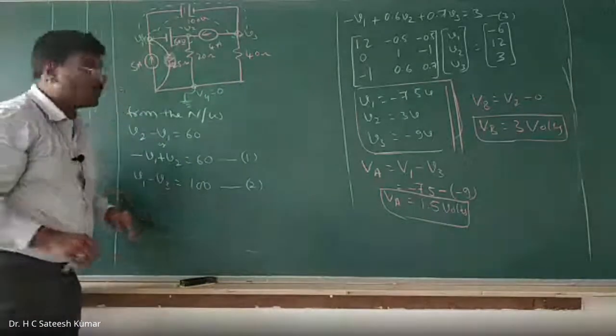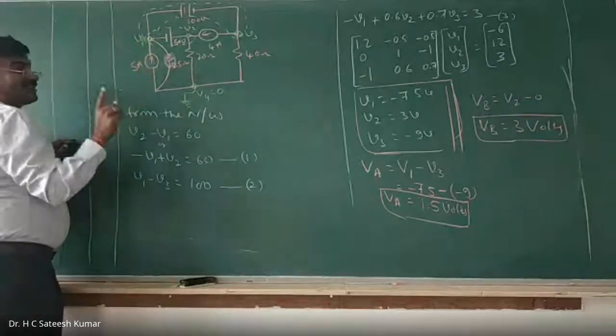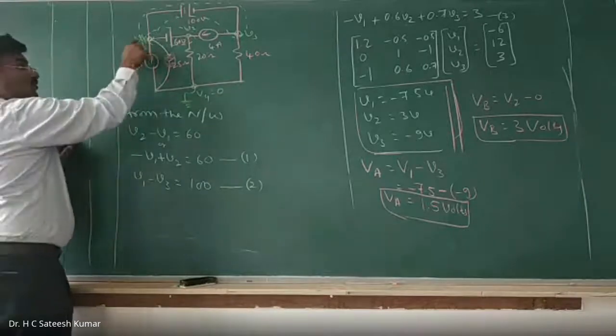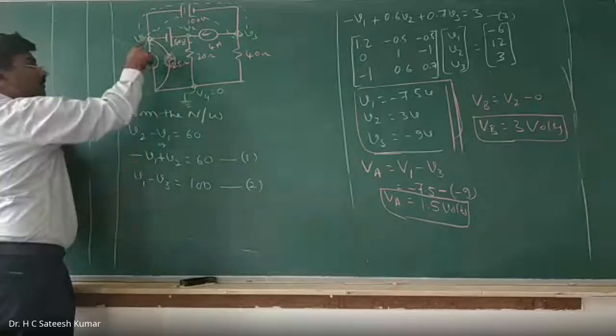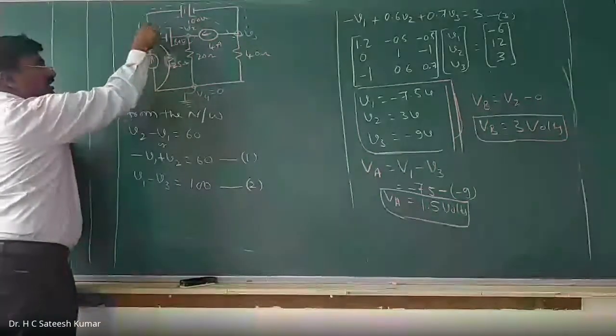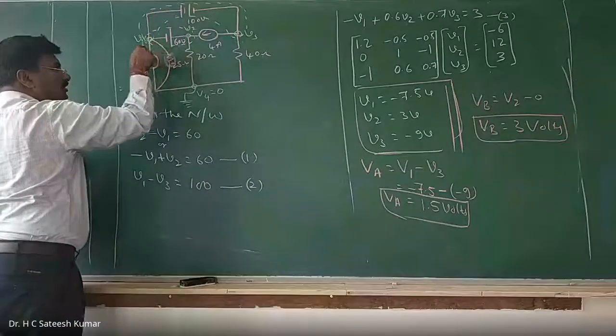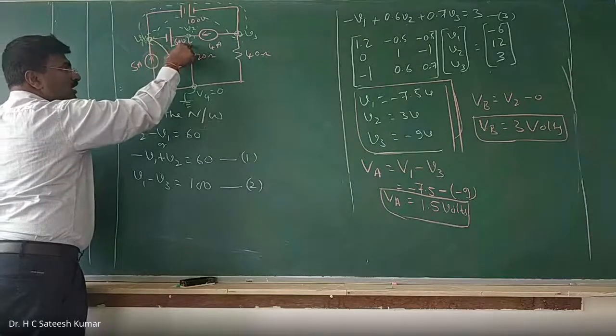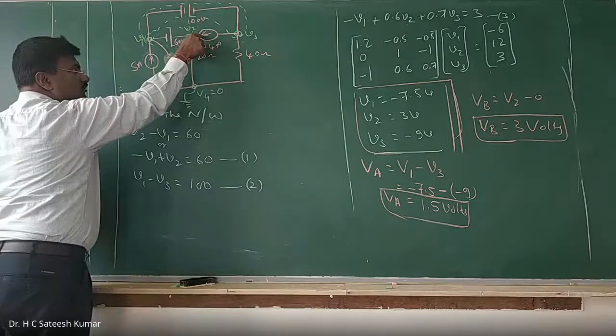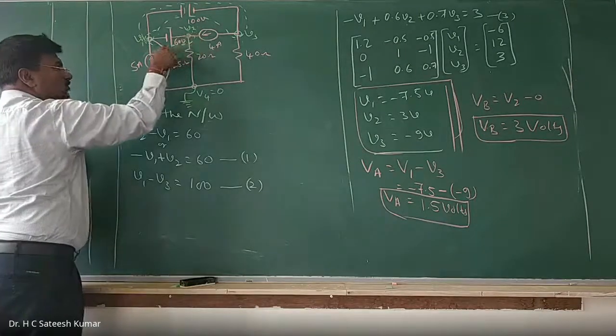Now what should you do? How many elements are there? How many terms should you get? For this, combining all of them, you will have to make a single node. How exactly can you do it? How many elements are there for this one? Leave this one and leave this one. 1, 2 are there. Next, come to this one. 1, 2, 3. For this one, 1, 2, 3, and this is 4. 4 elements are there.